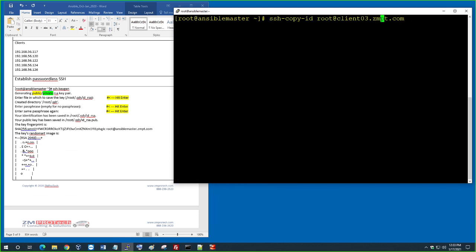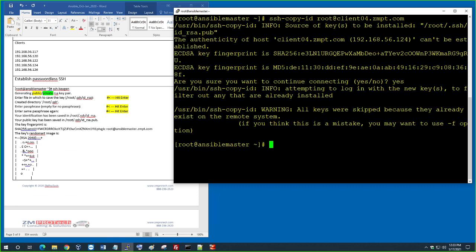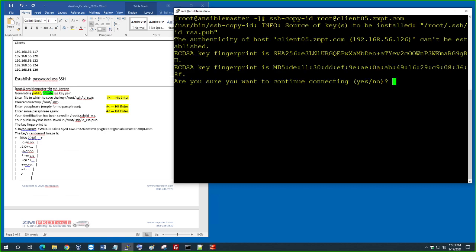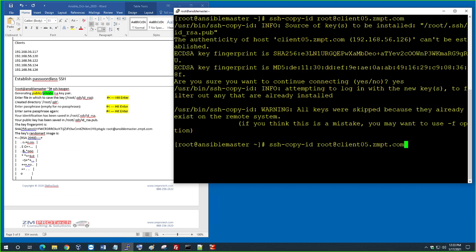So I ran 3, now I'm going to run 4. Yes. So I'm establishing passwordless. That's what the idea is. Yeah. 5. Yes. Now if I do only SSH,